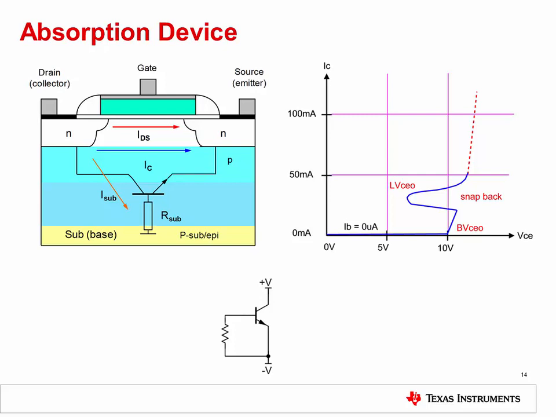The absorption device is designed to clamp the supply voltage during an out-of-circuit ESD event to prevent damage. Once the event ends, typically after a few nanoseconds, the absorption device turns off, since there is no power supply connected to the device. On the other hand, if the absorption device turns on for an in-circuit event, it will remain on and in a low impedance state until power is removed from the circuit. Thus, it is imperative that the absorption device is not allowed to turn on during in-circuit electrical overstress events. This topic is the focus of the next video series.